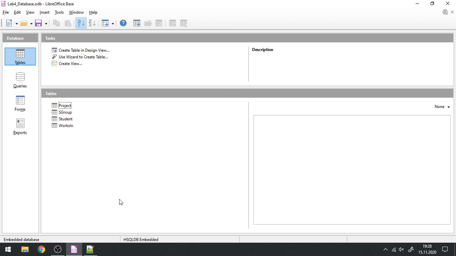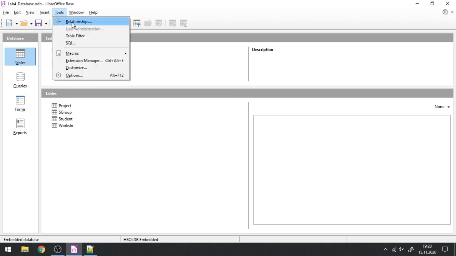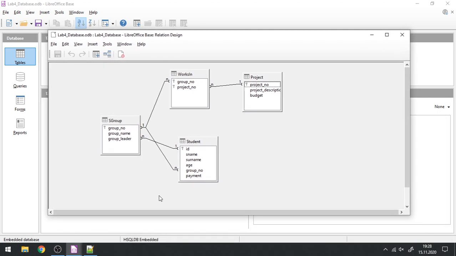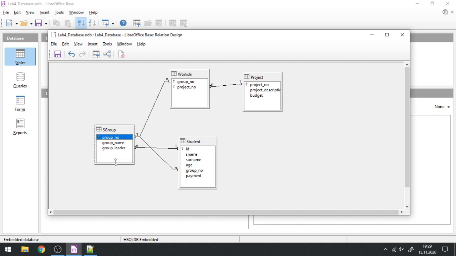but to check what's going on in this database, a good way of doing it is going through tools and then relationships. In this view we are able to see all the tables and see how they are related. So in this database we have a bunch of students, and for students we have student groups, so they are S group. If we were to draw the ER diagram, we do not include it here, but if we were to draw it, there is